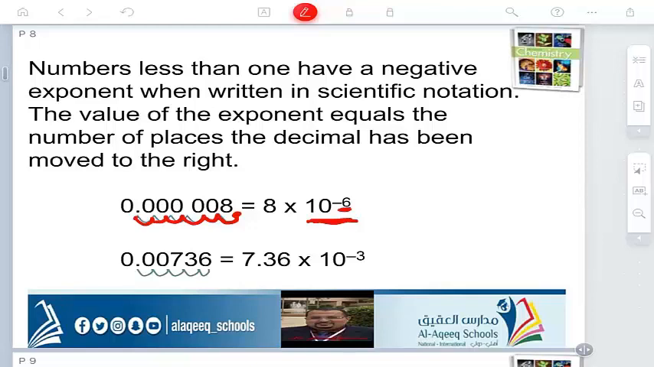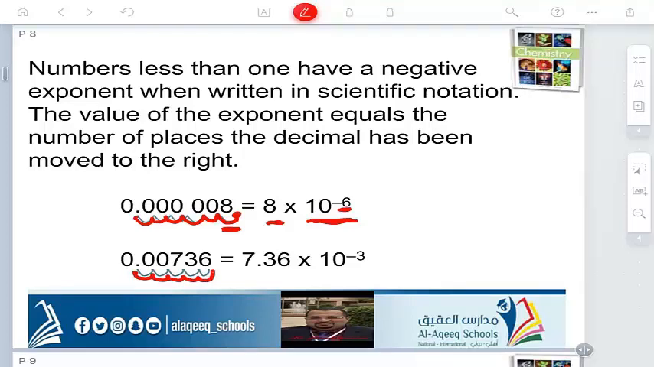Also, you stopped at this point to make the 8 between 1 and 10. So the scientific notation here is 8 times 10 to the power of negative 6. Let's try this example. If you have this number, this decimal will move from here 1, 2, 3, 4,